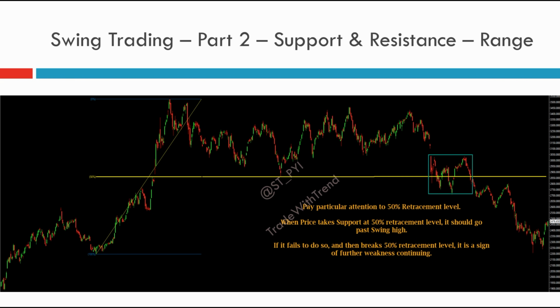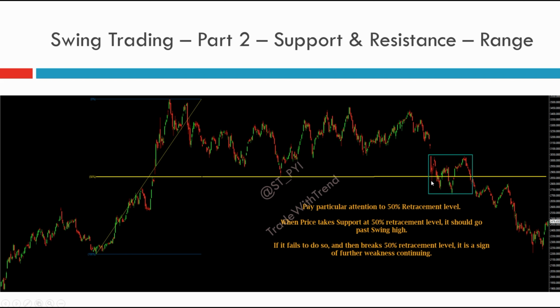So this particular chart is for resistance. Now what has happened is, for support breaking down, I've taken a swing from this low to this point and I've extended the 50% retracement line on the right side. So what we see is that over a period of many days, price tries to take support at this 50% retracement level. In fact, there is one instance here after which price moved and then consolidated sideways.